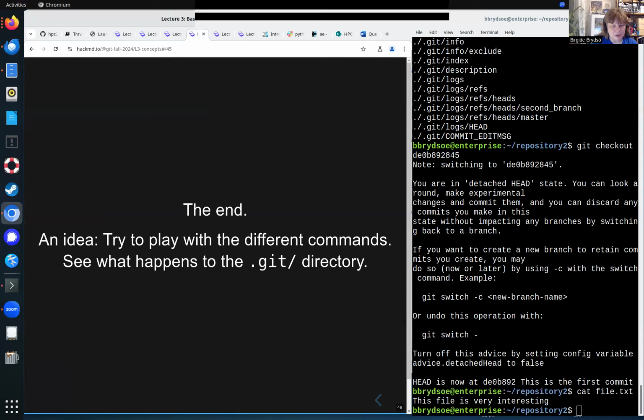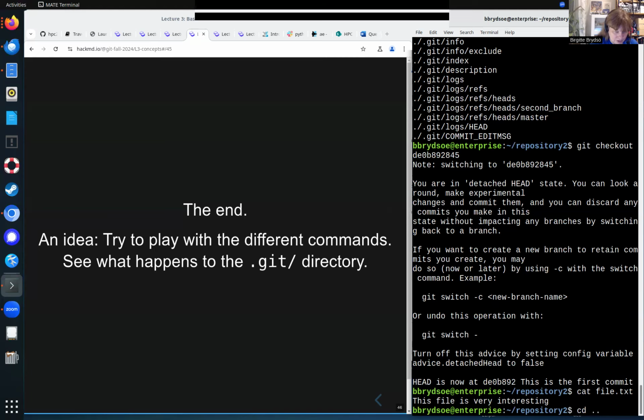And this is what I wanted to talk to you about here. So many of these commands that I have given here will be shown in these exercises that there are. And many of those will tell you also to look around in this .git directory and see. But let us go and look at the exercises. And if you cloned the repository,